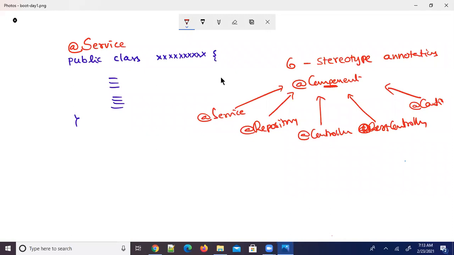The base annotation is @Component. These are all called stereotype annotations. We have 6 stereotype annotations in Spring, used to tell the role of a class, and all of them can be used at the class level.